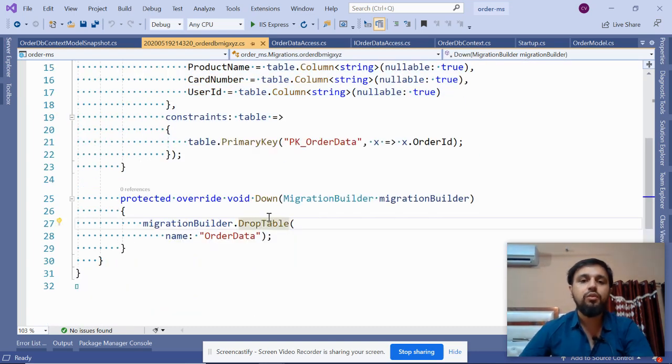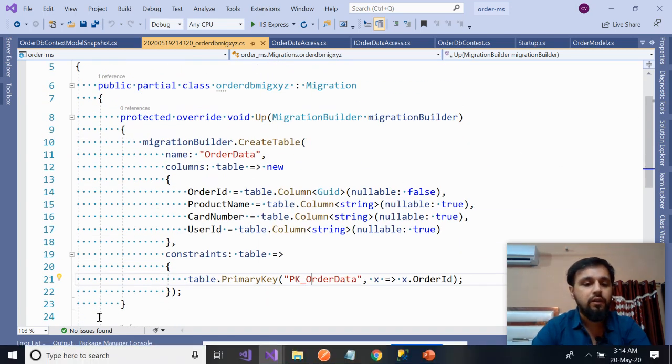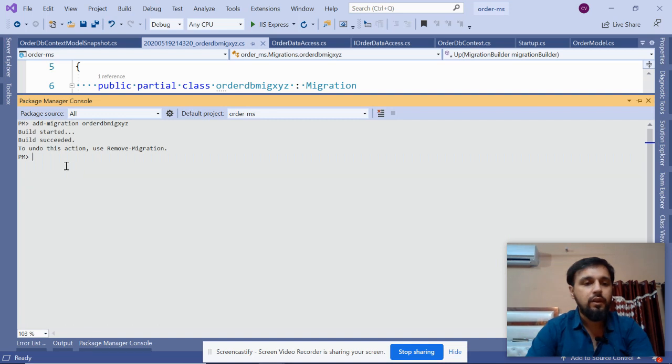So each time you run the next command, first it will drop the table and then it will create the table. So we are done. Now let's run the command called update database. If the database exists, it updates the database with the migration file. Maybe you create another model and update the migration file, and this command will update the database with the new file. But if it does not exist, it will create it.